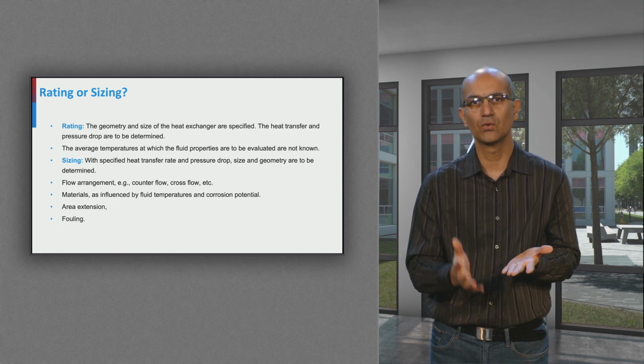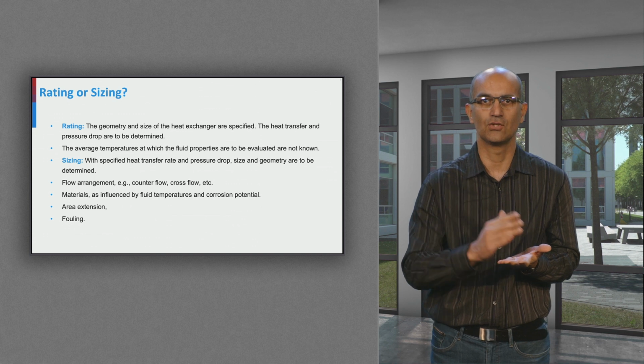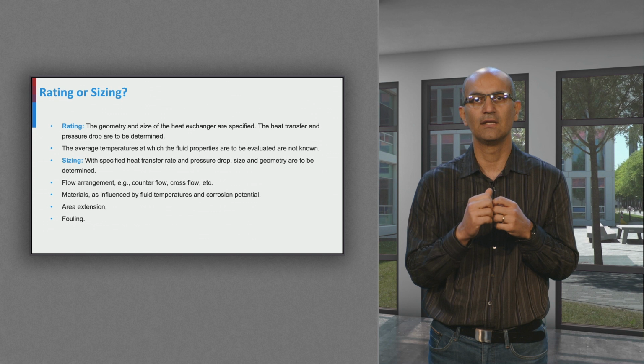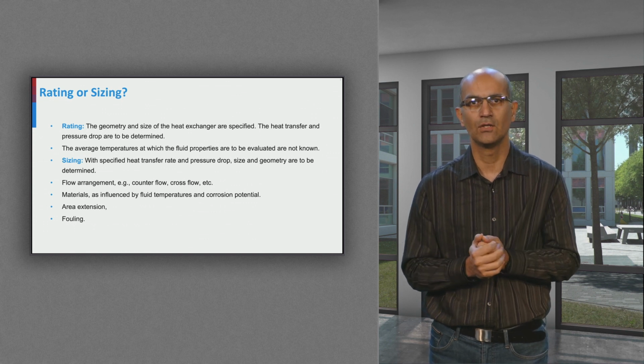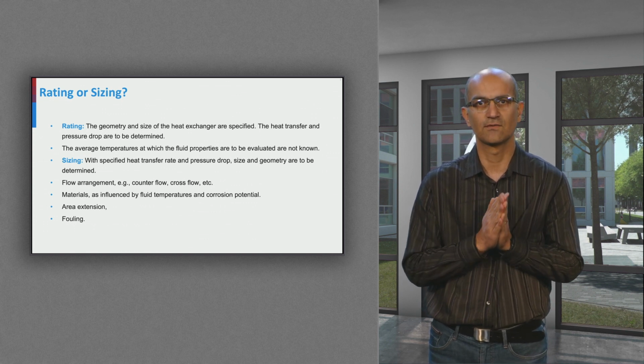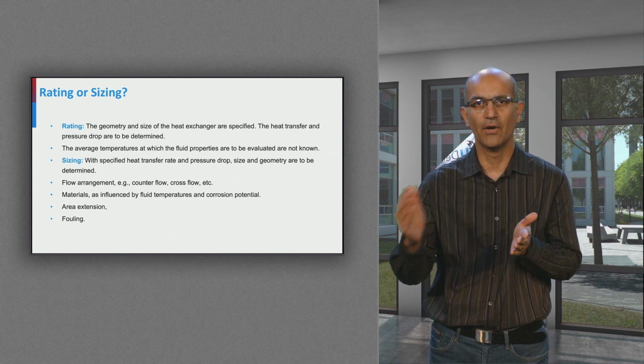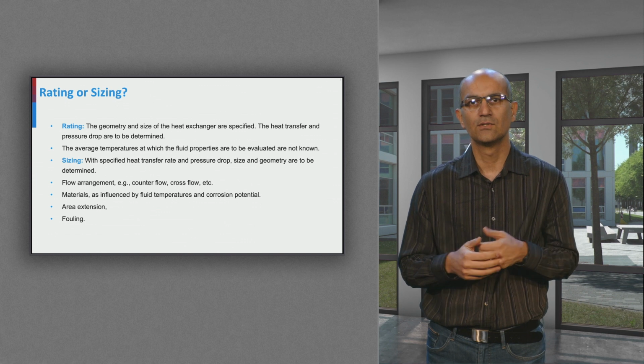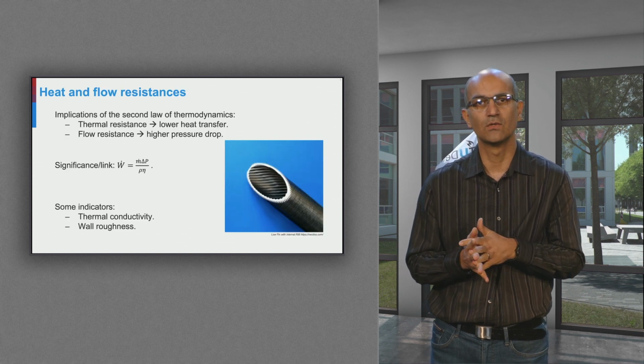However, if we were told that we need a set heating duty and the room temperature has to be within a given range, then we could design a heat exchanger, or we could size it in a way. Usually, with sizing problems, we have some degrees of freedom, and a number of parameters will affect our design, including those shown on the slide. Design parameters will affect the performance of a heat exchanger.